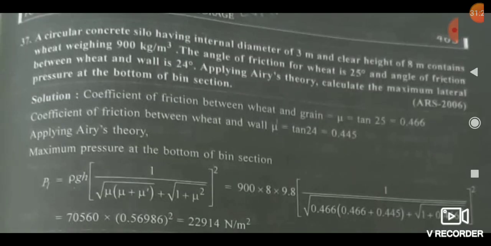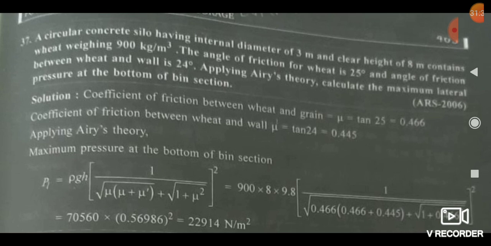Friends, I will once again suggest that when you are solving problems on this concept, you should clearly use the GATE calculator, because the questions here are mostly formula based, so it will increase your efficiency if you are using the GATE calculator. Friends, coming to the next question, which was asked in the ARS examination, the Agricultural Research Service examination.